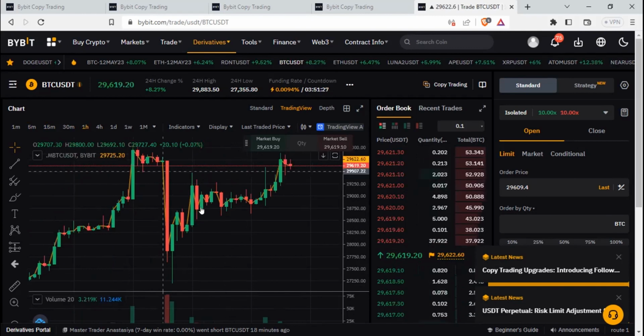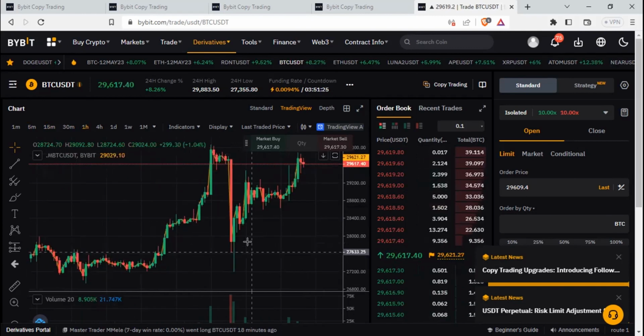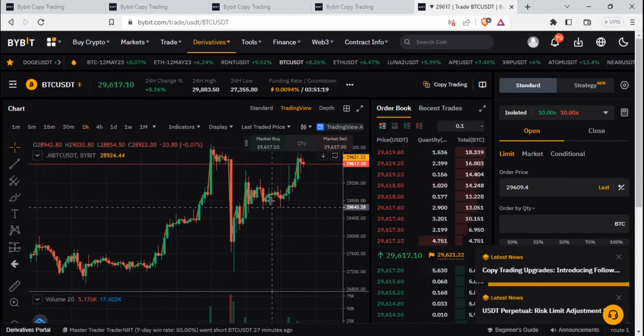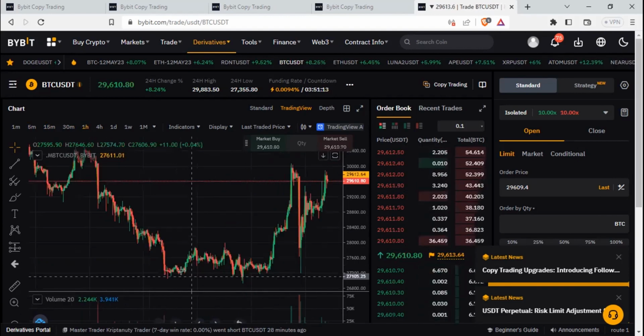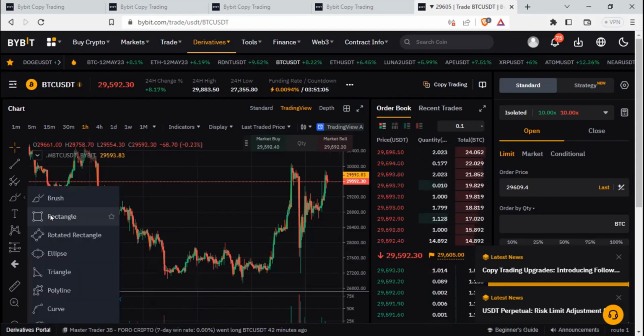The support level is 28, right? We have a support at 28, then we have another one at 27, and I think the major one that Bitcoin was struggling at was this 27,200. Between this particular zone here, this was where the market